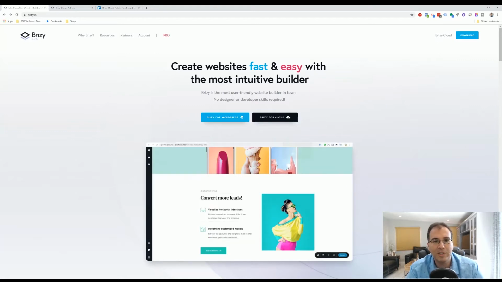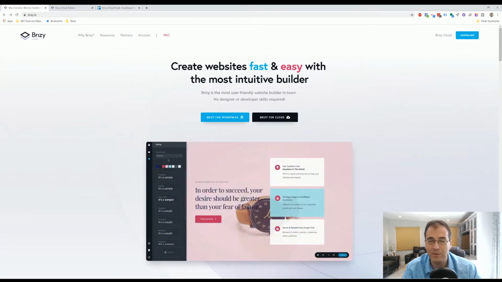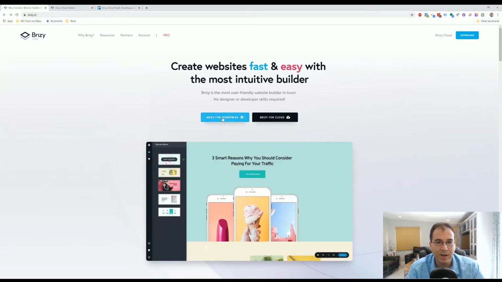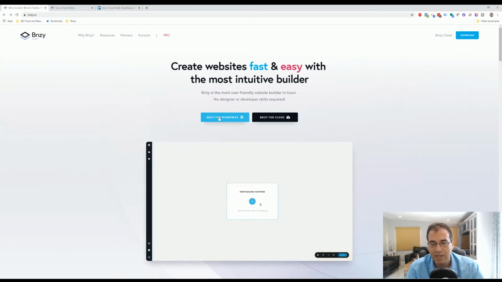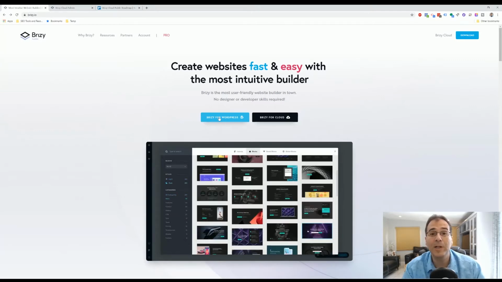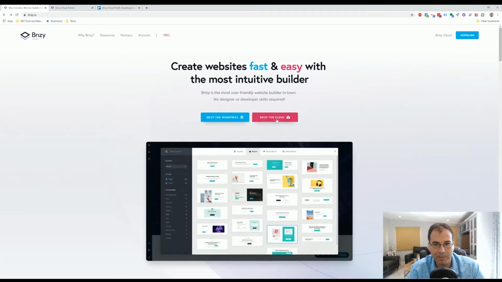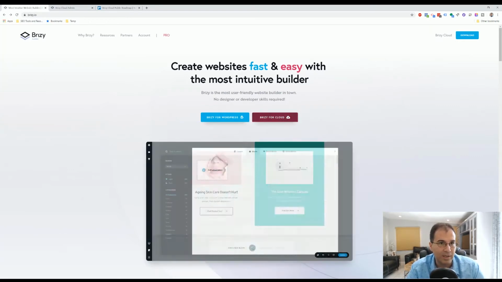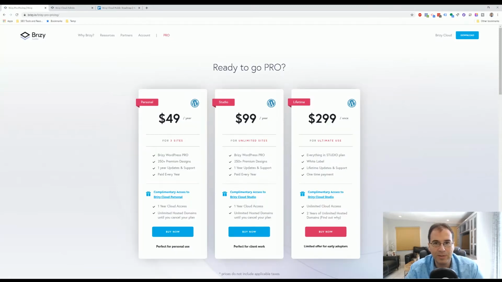But first, I wanted to give you a little bit of a tour of how the Brizy website is set up, so you can understand the difference, because it's very confusing. So you have the Brizy WordPress plugin right here, which is what we talked about earlier, the plugin that you put into WordPress. We're not really going to be talking about that today. And then you also have Brizy Cloud, which is what we're going to be talking about today in detail, which is here. So when you go into the Pro section, you'll get to see the different levels of pricing